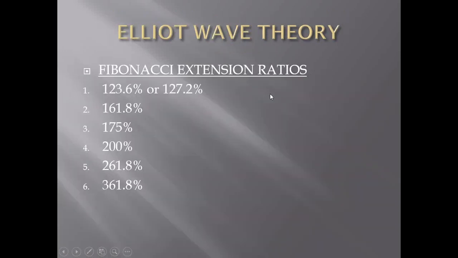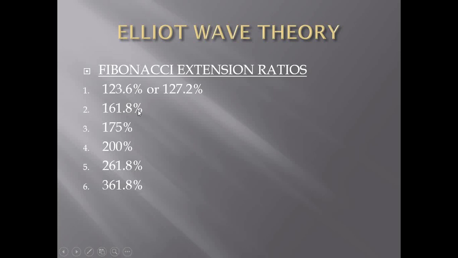And then we also have the common extension ratios. I would say they are 123.6% or 127.2%, and in most cases 127.2% occurs. Then we also have 161.8%, 175%. We also have 200%. We have 261.8%, and we also have